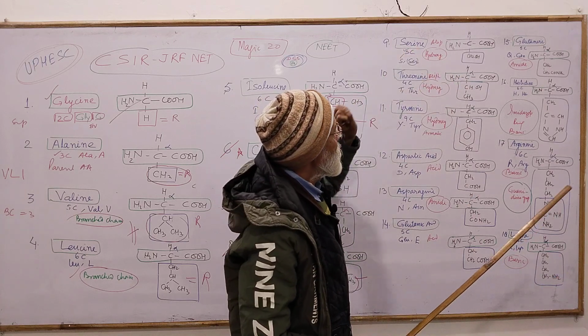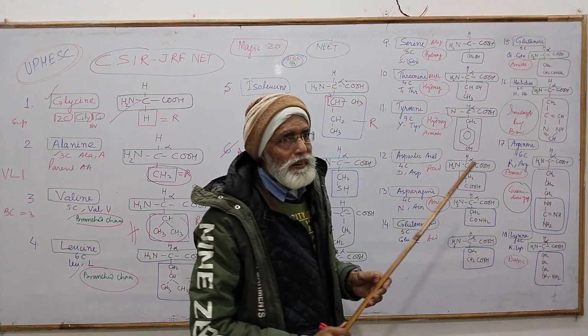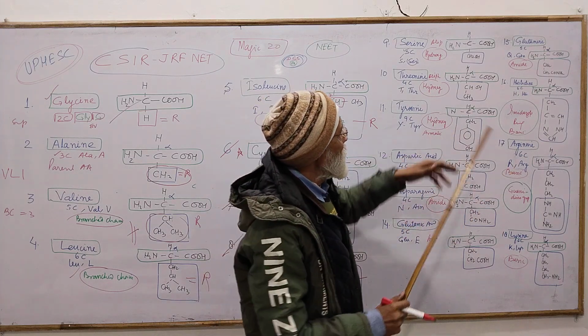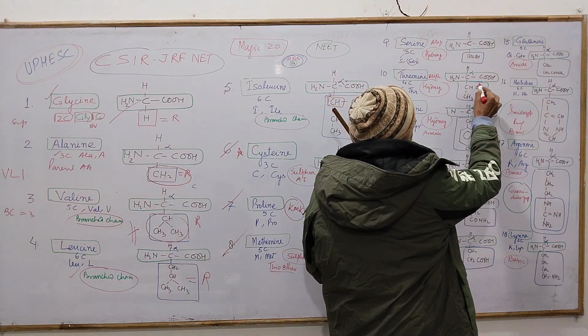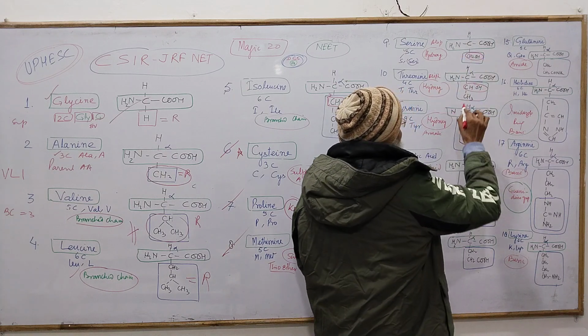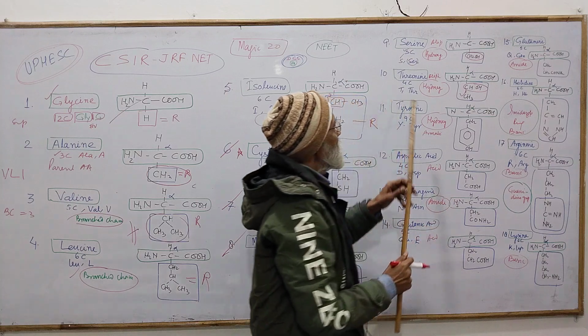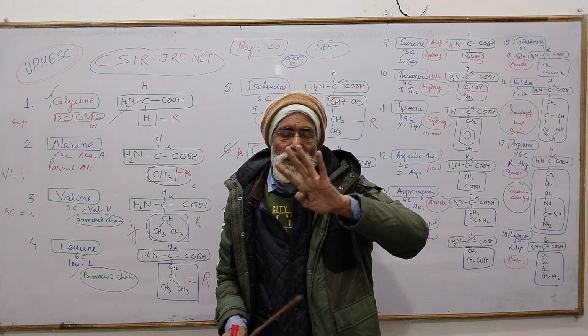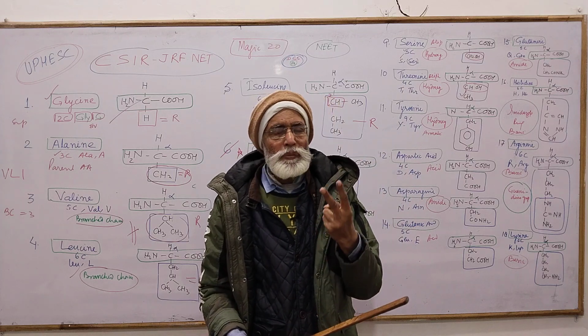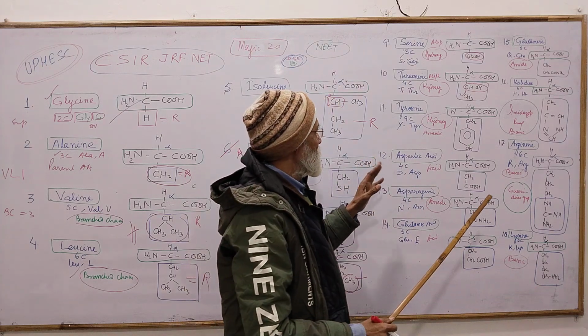Okay, serine. Now threonine. This is another aliphatic hydroxy amino acid, with one more CH. The OH group is attached to the third carbon atom. Now an extra methyl group is present in threonine. Threonine is a 4 carbon amino acid. Serine is 3 carbon atoms, and they are the more important hydroxy amino acids.